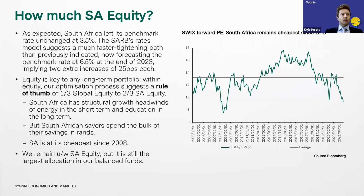So while we've got some serious headwinds, and while you would have done very well to be underweight South African equities as we have been, we have closed our underweight to only 1%. We are thinking about going neutral on the back of valuation and the fact that we are getting closer to reforms happening, even if it is much slower than we thought. So yes, while we remain underweight South African equities and we remain underweight the Rand right now,